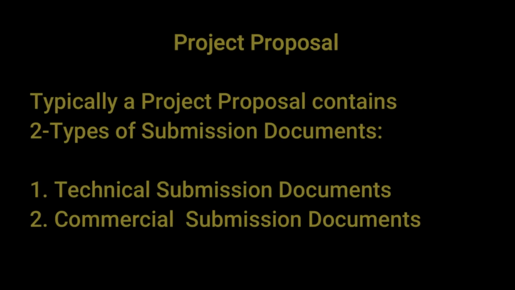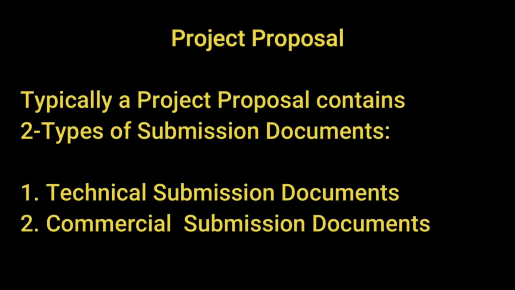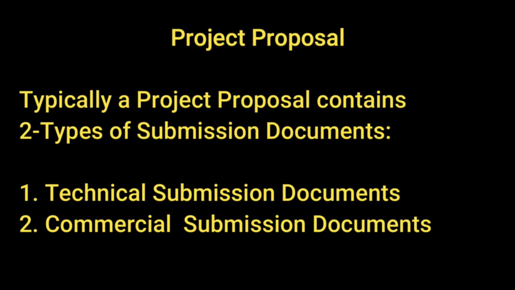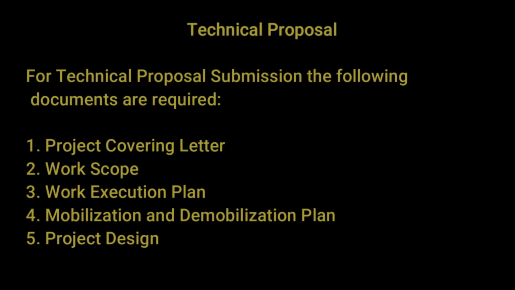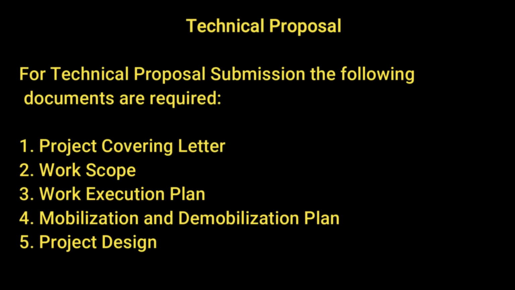Typically, a project proposal contains two types of submission documents: technical submission documents and commercial documents. Each contractor or supplier has to submit these two types of documents for any project proposal submission. First, we will see the documents required for technical proposal submission. For technical proposal submission, the following documents are required: